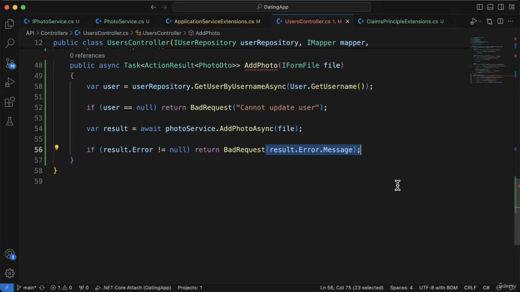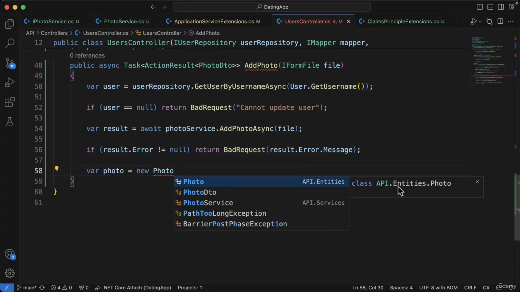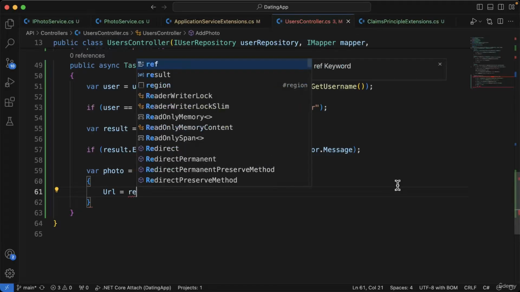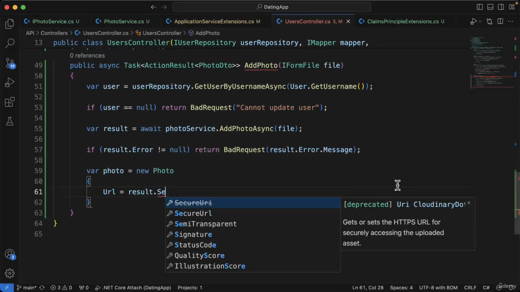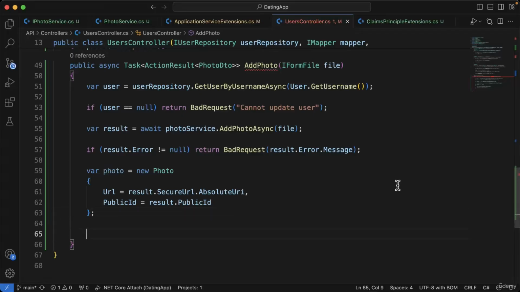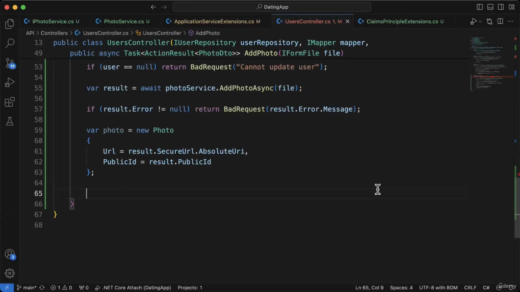And following this, we can then go ahead and create the new photo. So I'm going to say var photo equals new photo, and inside here we can specify the URL, and we're going to get that from the result.secureURL.absolute_URI, and then we'll use the public ID and say result.public_ID. And following this, we can then say user.photos,